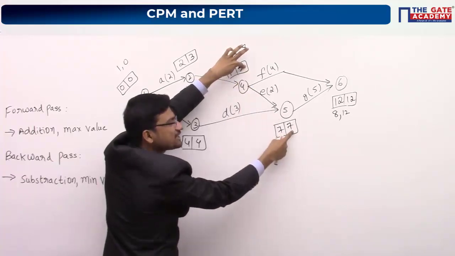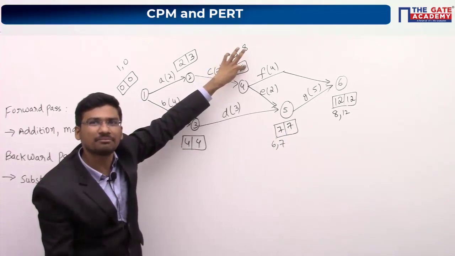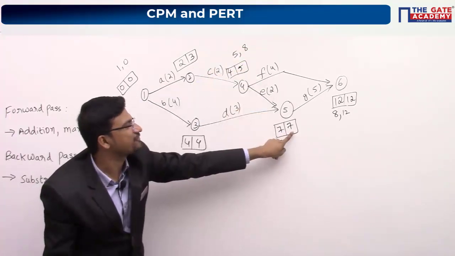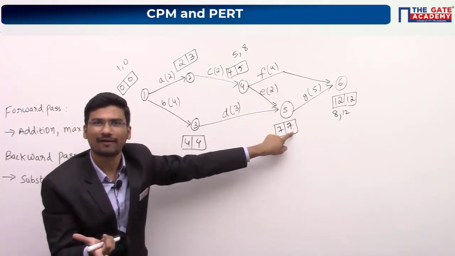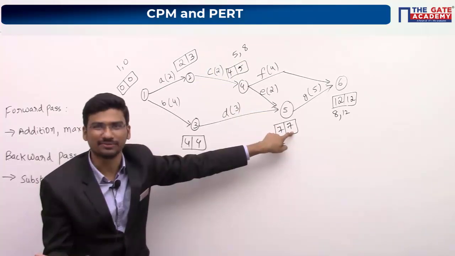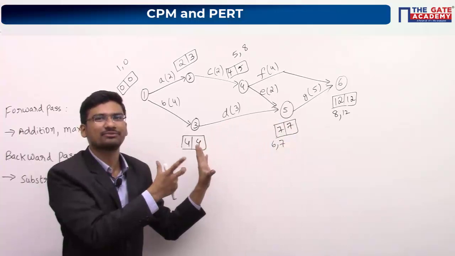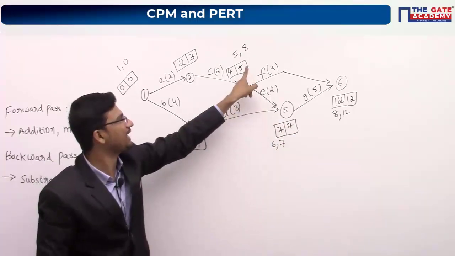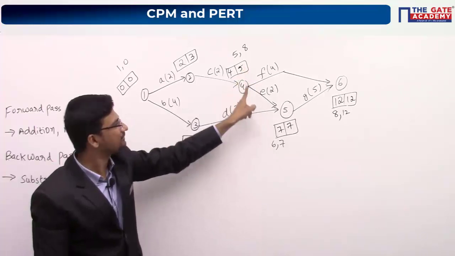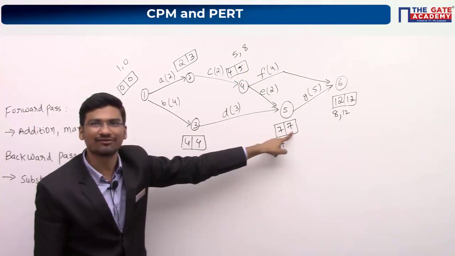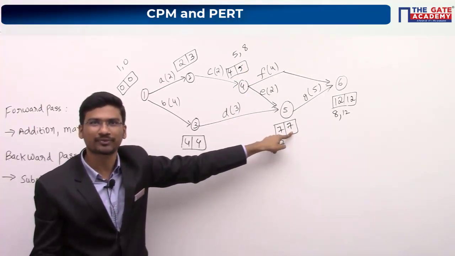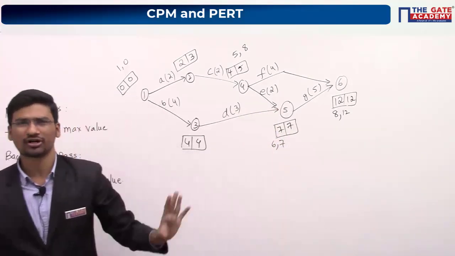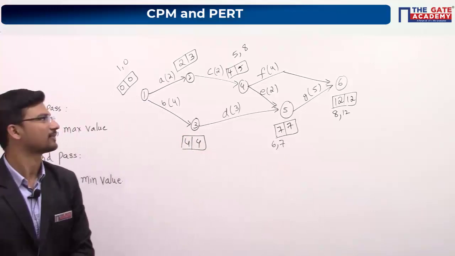And what is the latest finish time? It will become 7. See, latest start is 8 and latest finish is 7. Is it possible? It's not possible. Again, this is an algorithm, so don't think much about this. If you are getting a doubt, you can check like this. Take 8 here, so latest start time is 8 and latest finish is 7, which is not true. That is why it is wrong. Hope you got some clarity with this.